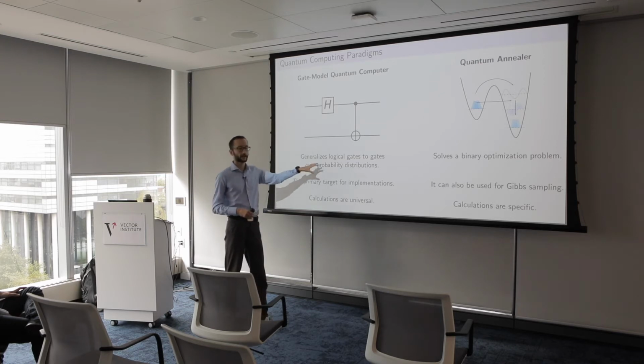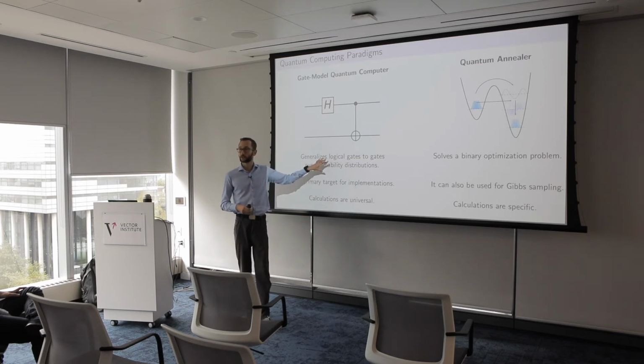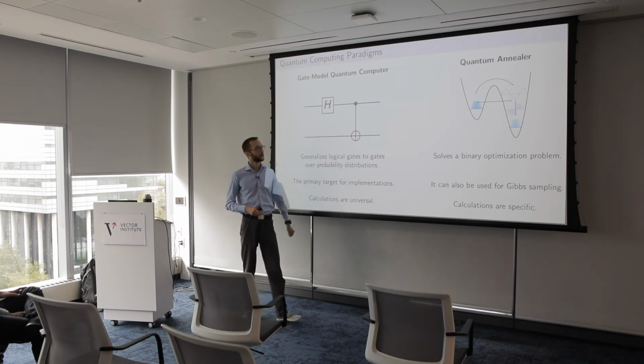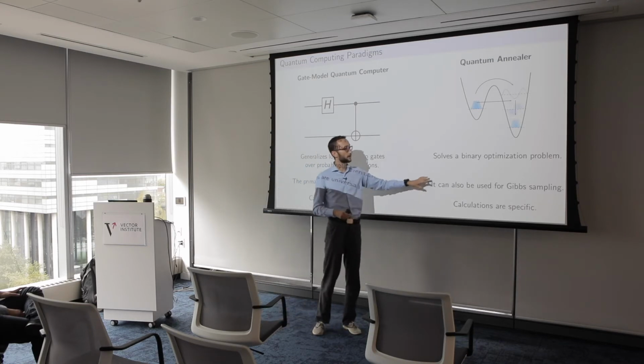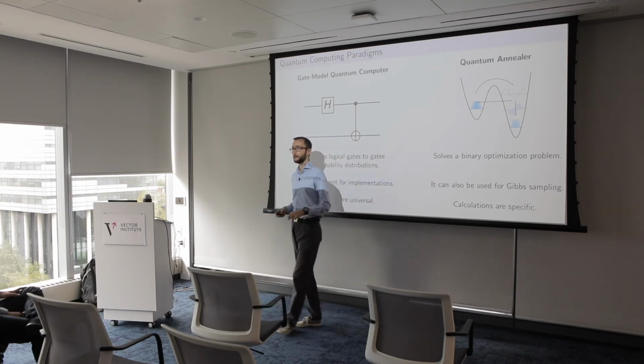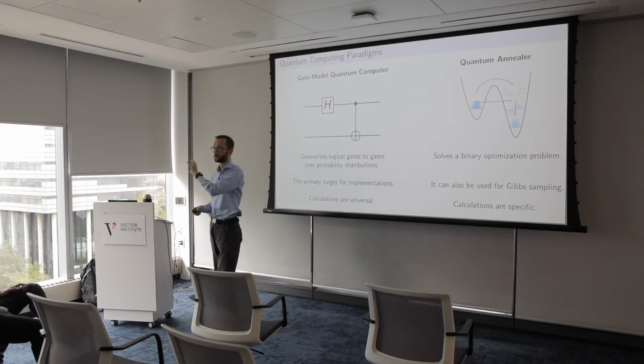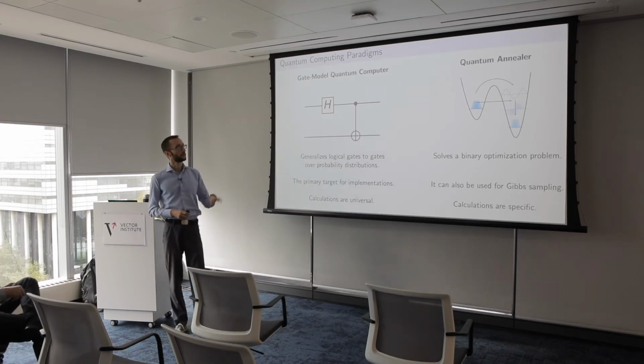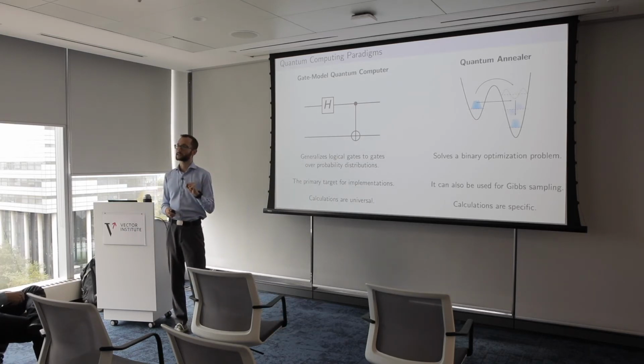And so in this paradigm, we are up to maybe 70 qubits at the moment, if you look at, for instance, the chip by Google. And with this paradigm, we are up to 2,000 qubits by D-Wave Systems, who are based in British Columbia. So the annealing paradigm, although it's not universal, and it's very specific, it's a lot more scalable.